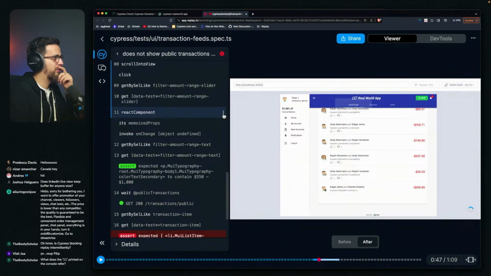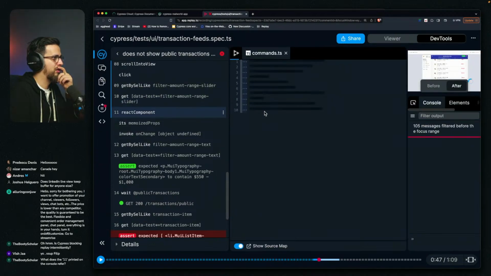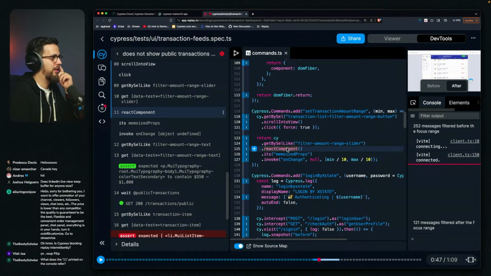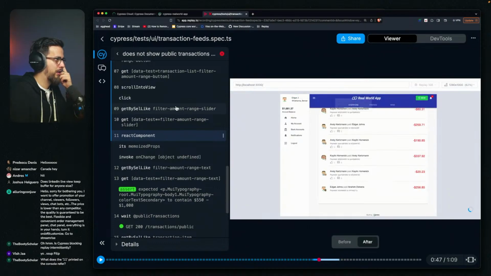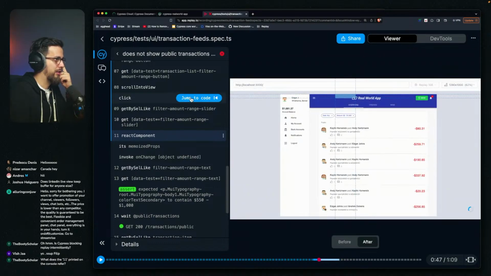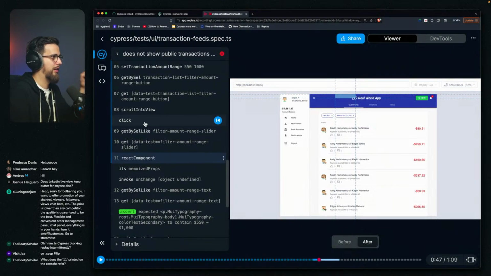Can I jump to test source? This will again take me to the commands. I would like to see. Seems like everything is a custom command here. Oh, we got a click element. Oh yeah, let me show you this. Look, whenever we have a click, some kind of interaction, we have this click and we can jump to code. So when I do this,